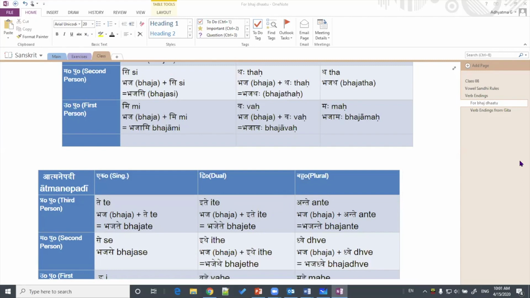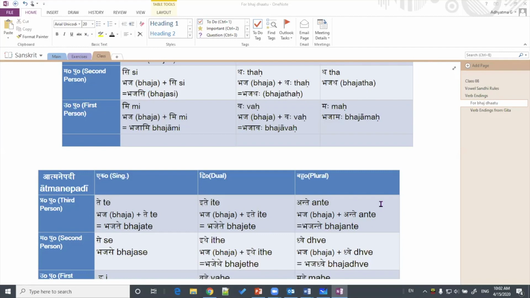There is a question: where does the long vowel come from in first person, dual and plural? I already explained plural, it's not in dual. Long is not coming in dual. It's only in plural that long should be coming but does not come. So it should have become bhajante as per the Sandhi rules we know, but it remains bhajante because of the exceptions which apply here.